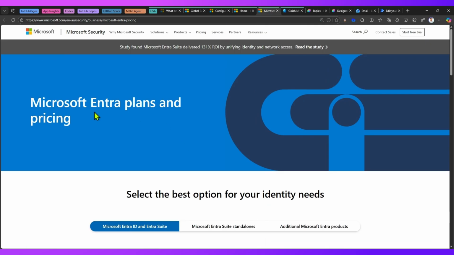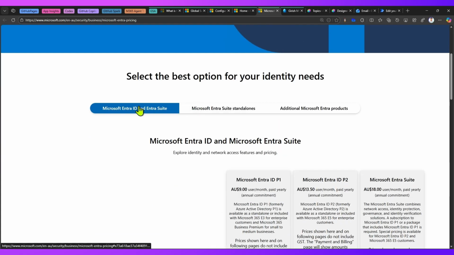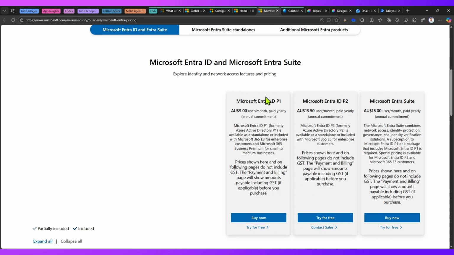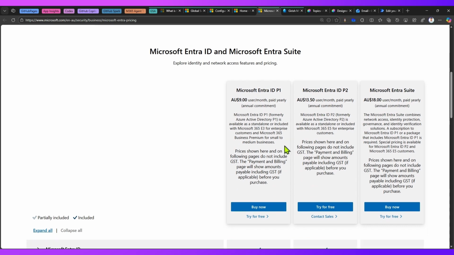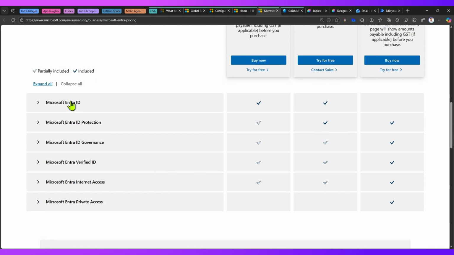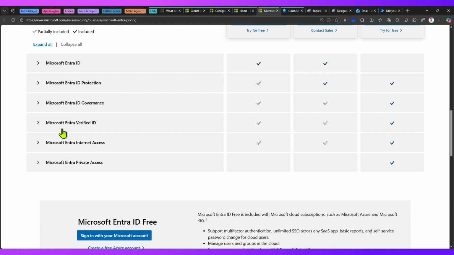So how do you get that? Microsoft Entra plans and pricing. Microsoft Entra ID and Entra Suite. You get different variants: Microsoft Entra ID P1, P2, and Entra Suite. Here you get to see all the features of Entra ID, Entra ID Protection, Entra ID Governance, Entra Verified